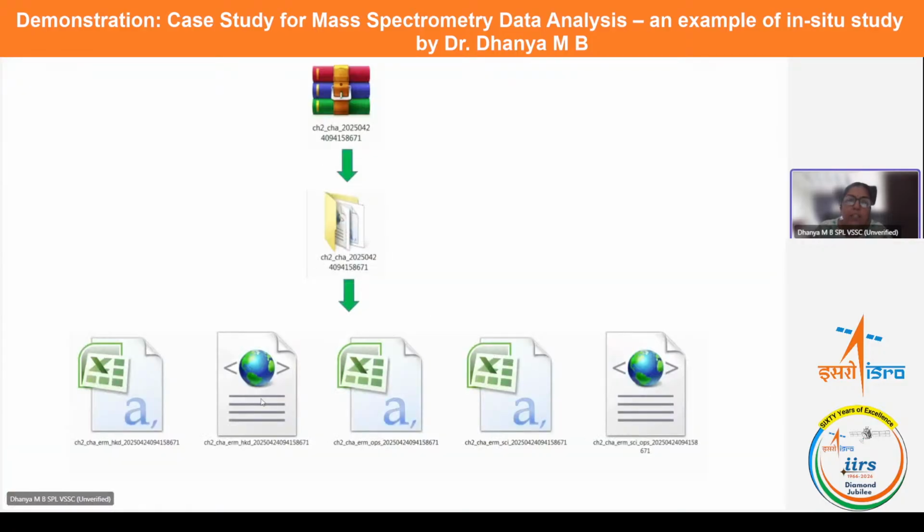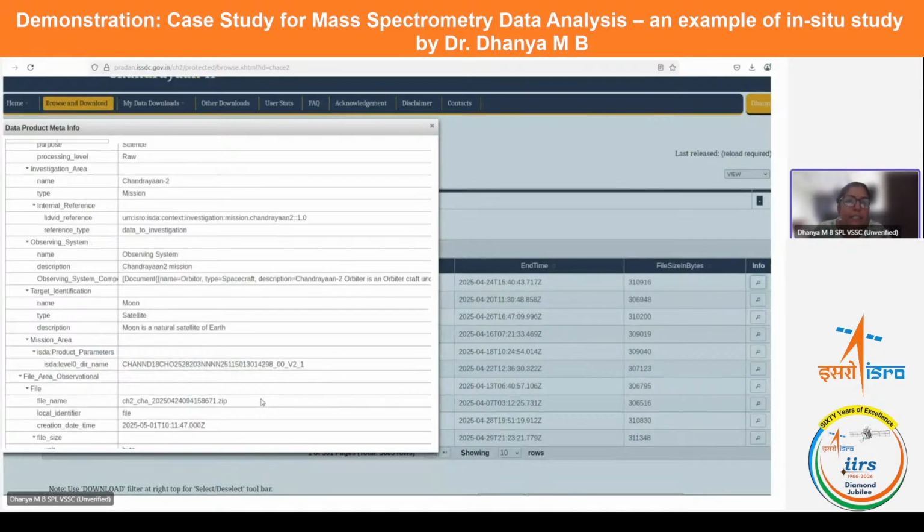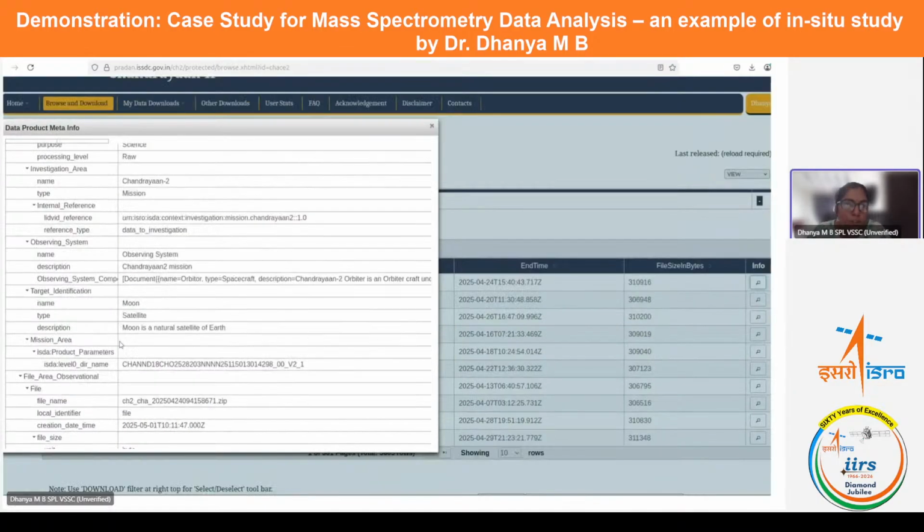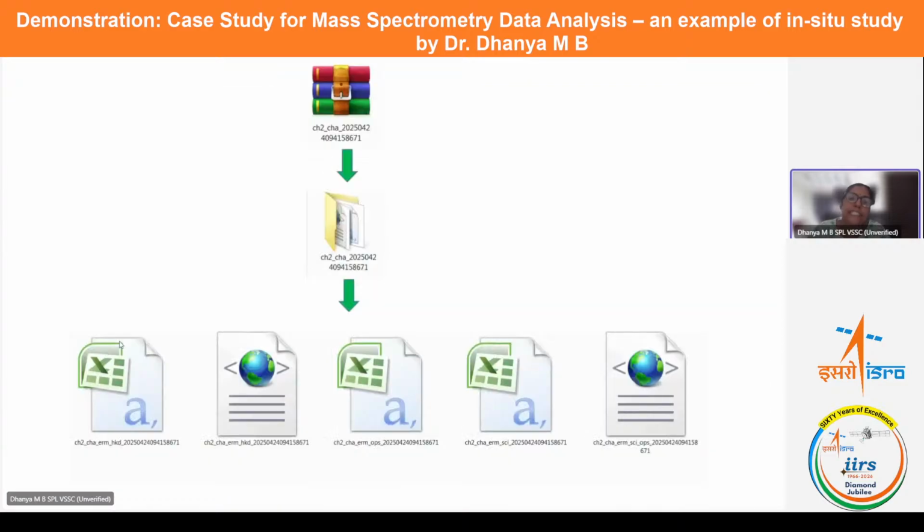So now, after reading the meta information, suppose you download. If you click on this, then you download the data. And when you extract, it's a zip file, so you have to extract that. Once you extract it to your folder, inside you find these many